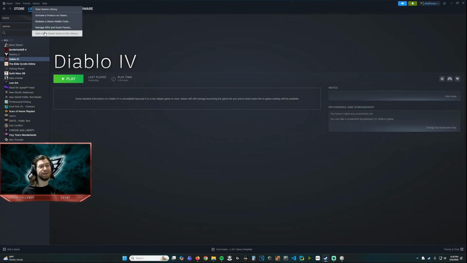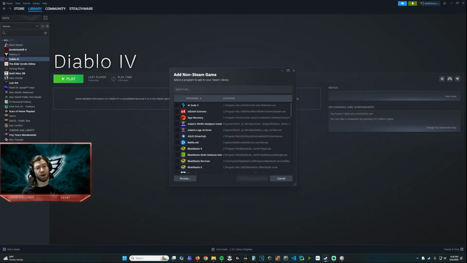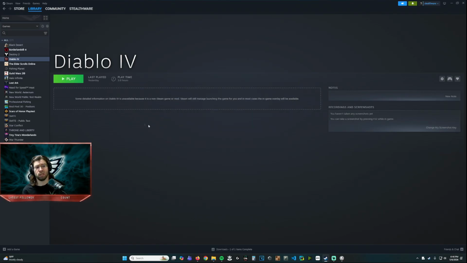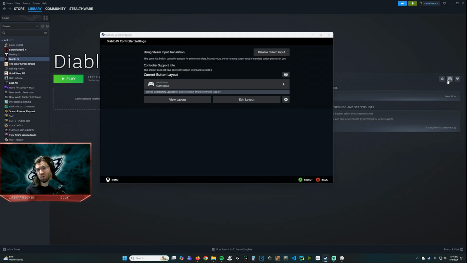You click on add a non-Steam game, and then find your game, click on it, add selected programs, and then it'll show up over here. So that way you can do this. Click on Diablo 4, click on the controller icon, click on Edit Layouts,